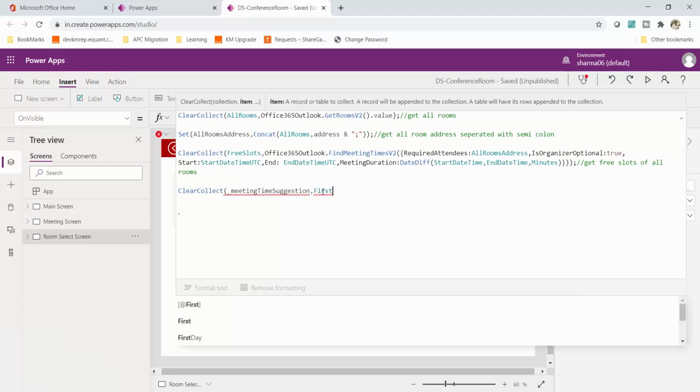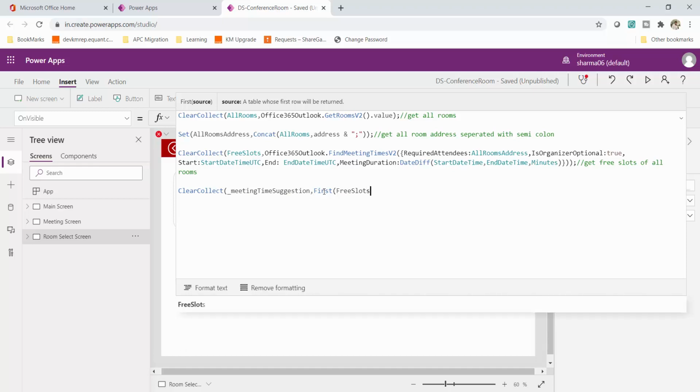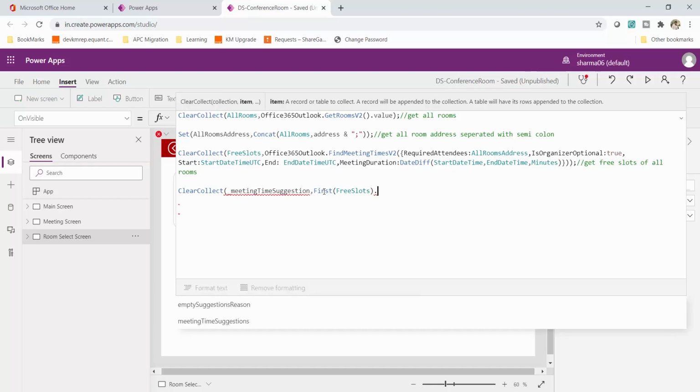From which collection do I want it? Because at the top you can see it is asking me for a source. I'll say free slots. I know it could be confusing for you, but once this is done, I will explain it again. So just try to go with the flow. Free slots. Now dot. You can see now it is giving me both the columns.